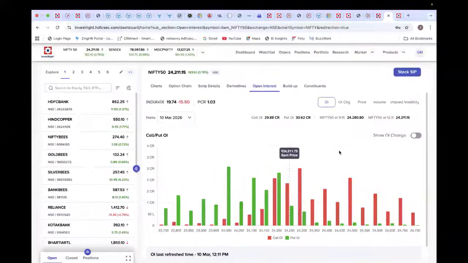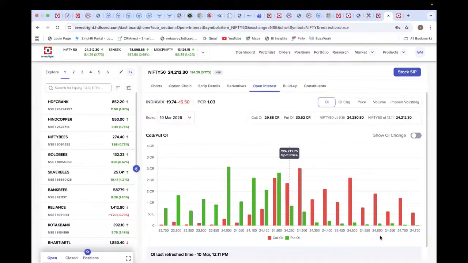at the 24,150 put option, open interest is around 2.2 lakh contracts. There has been significant addition in today's session, reinforcing the support zone. And at the 24,100 put option also, open interest is close to 2.9 lakh contracts, forming a stronger base around that level in the market. This cluster of heavy put trading around 24,100 to 24,200 clearly shows that institutions are building a strong demand zone, and we can expect support around that level if Nifty corrects towards 24,100 to 24,200. Now we'll move towards the call positioning.